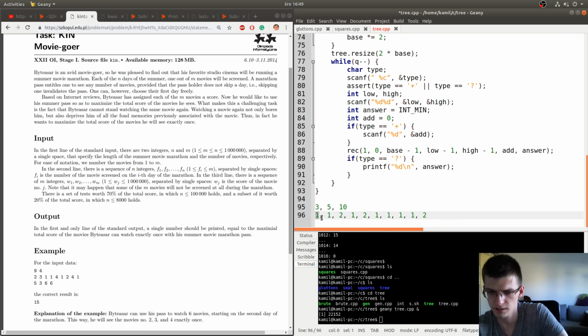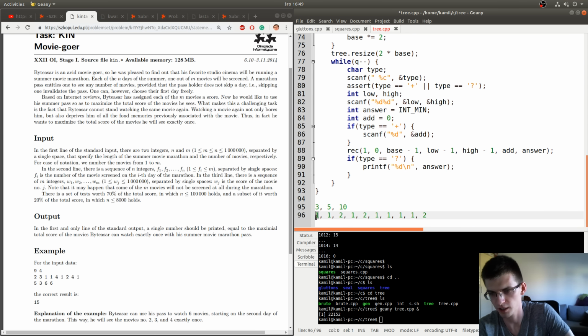Let's first consider the beginning being at index 1. Then we know that if the end will be somewhere here, so at positions 3 or 4, then we will see movie 2 exactly once, and we get something to the score.